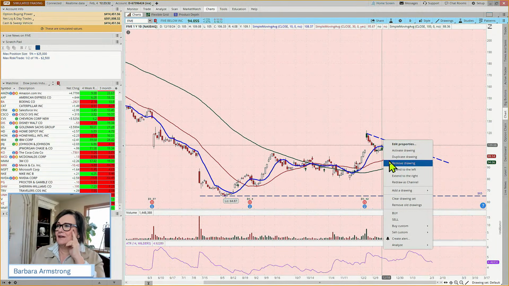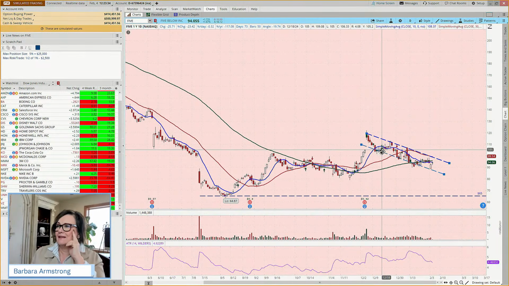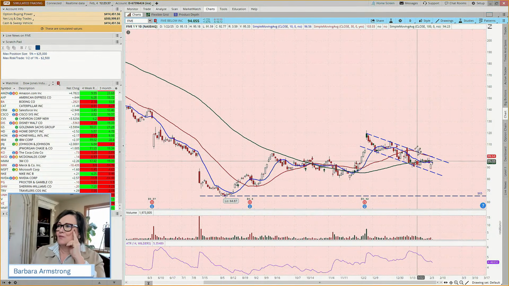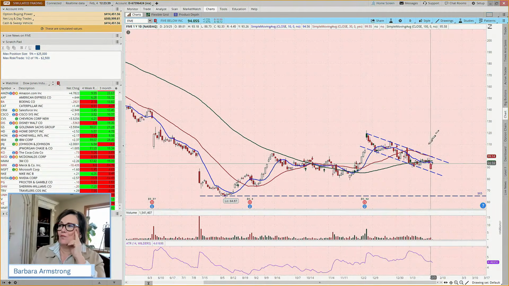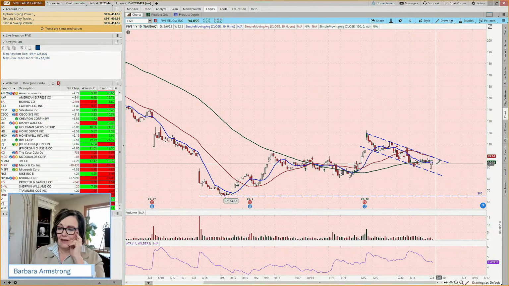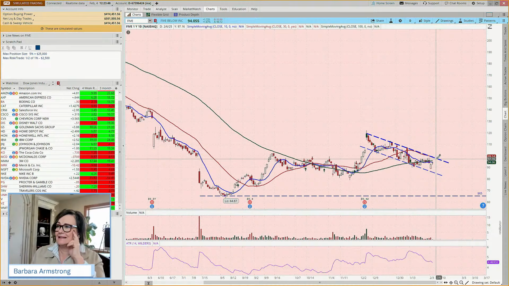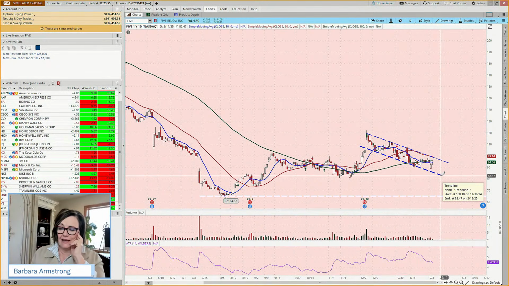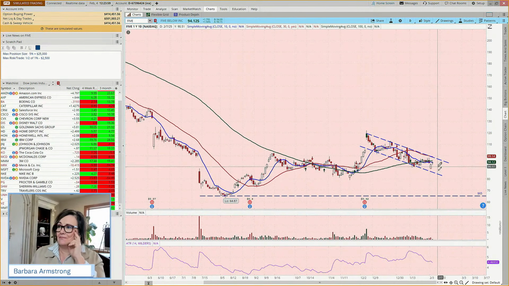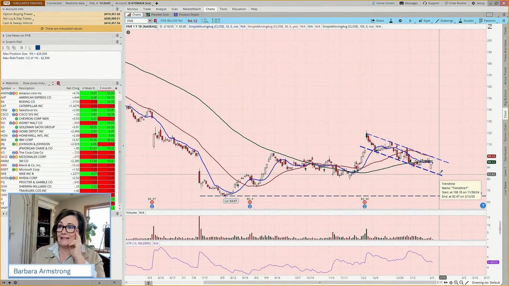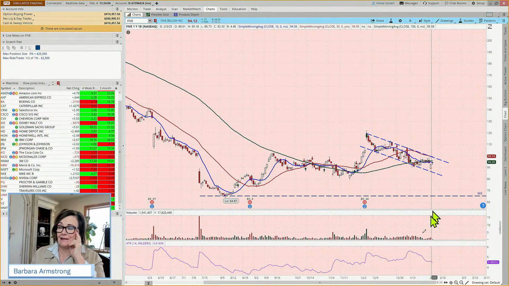And we're looking for, if I duplicate this, we're looking for it to break out of this channel one way or the other, but it's currently downtrending. And so, if this came up and hit this ceiling or resistance level and started to bounce down, there are some option traders that might choose to take advantage of that and trade it bearishly because it's back to moving bearishly again.